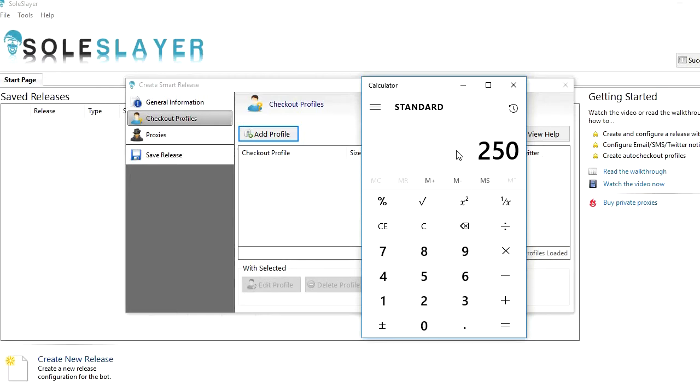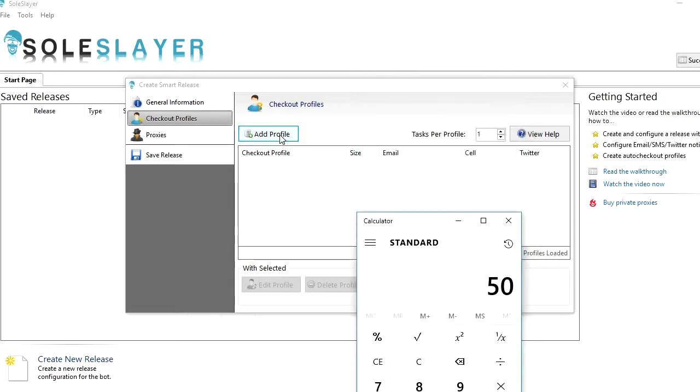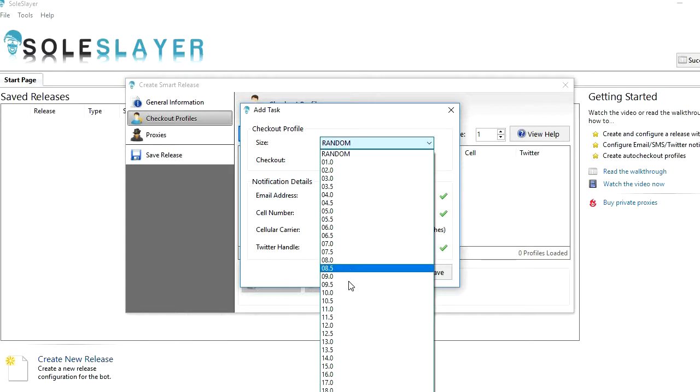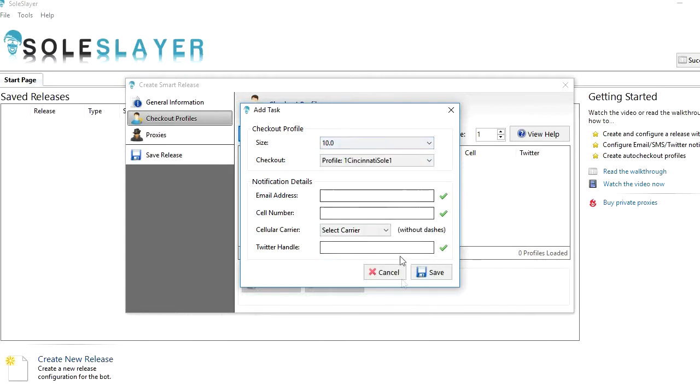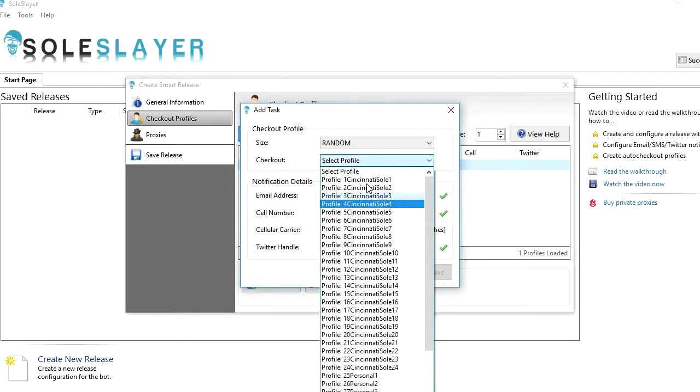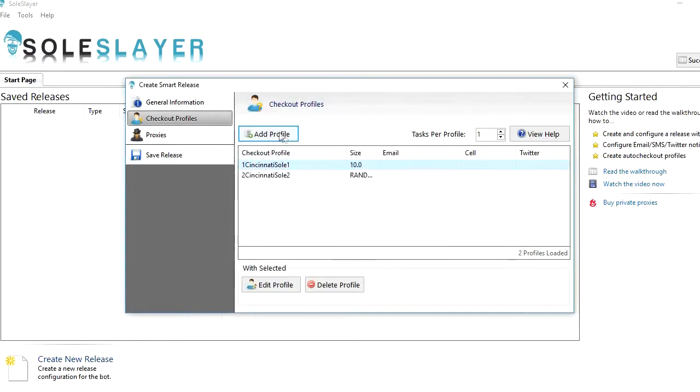So if you have 250 proxies to use on Champ Sports, you want to divide that number by the amount of cards you're using. So 5. So you're able to run 50 tasks per profile. Let's do a little example here. Here's one of my cards. It's pick size, 10. It's default by 1 task, but if you're only going to be running 5 of these things, say if I did this setup here,